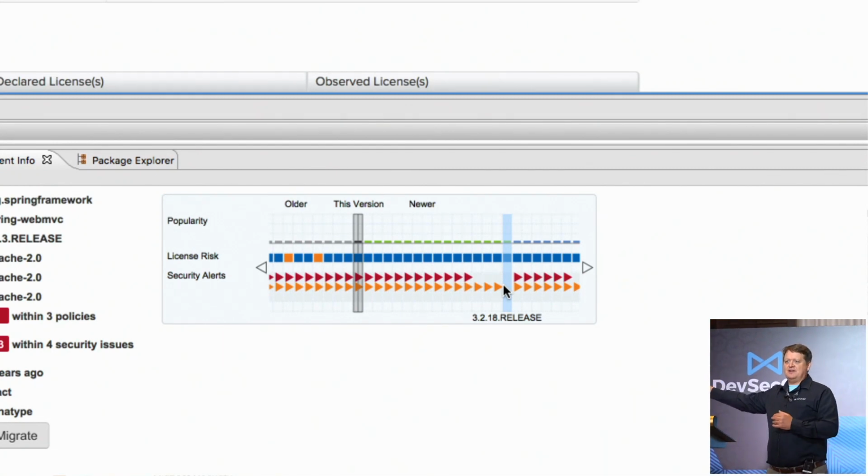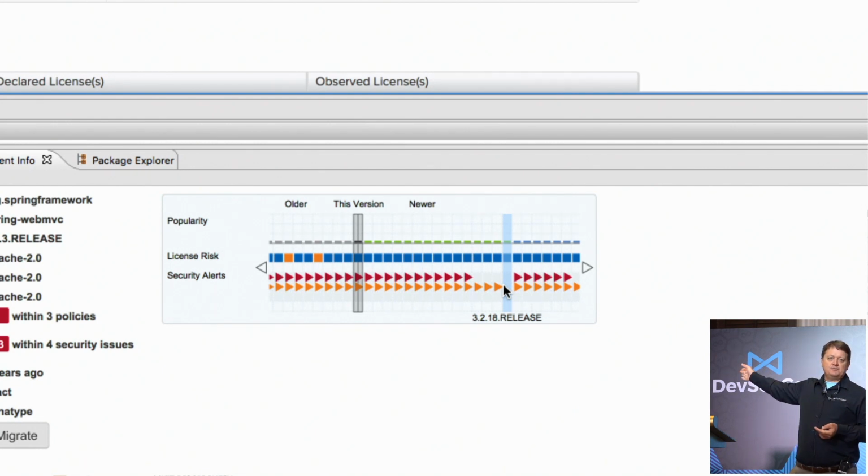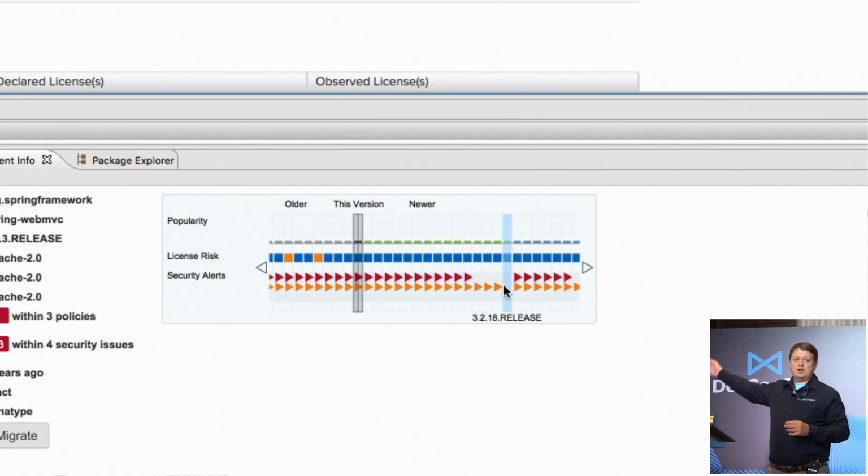Because once you've released it and it's in production and you get a pen test done and the pen tester finds this problem, now you've got all that wasted time and money that you've spent testing and releasing software that was known to be vulnerable in the first place. So don't do that. What you do is you say to the developers, use this tool, we can show you that it's vulnerable, fix it on day one.